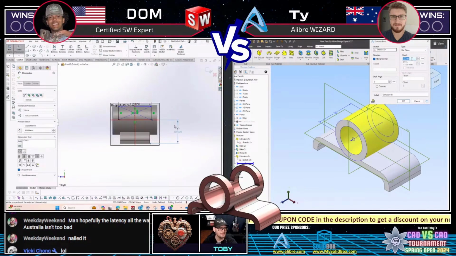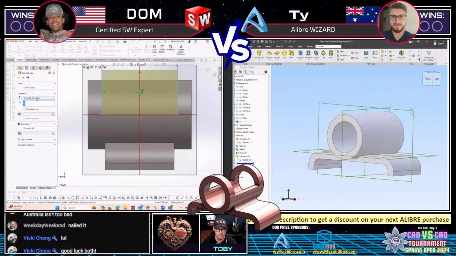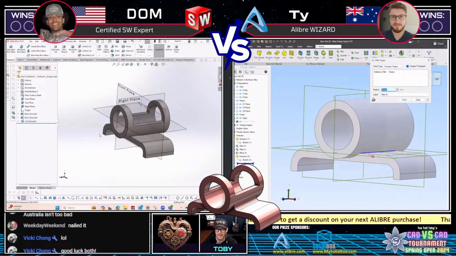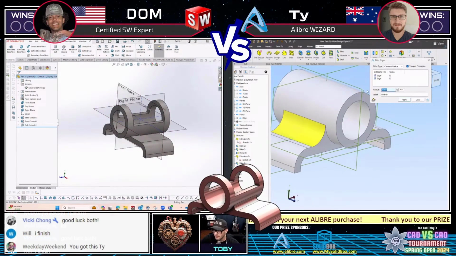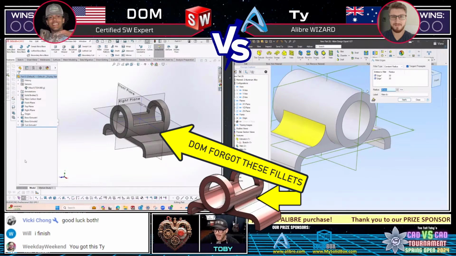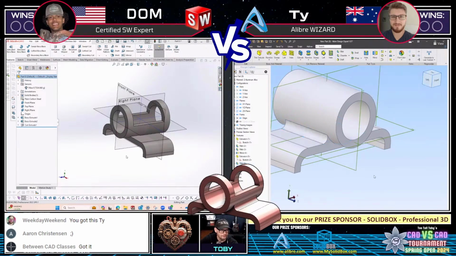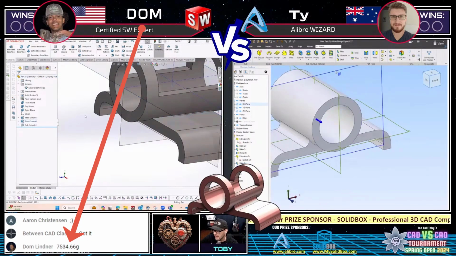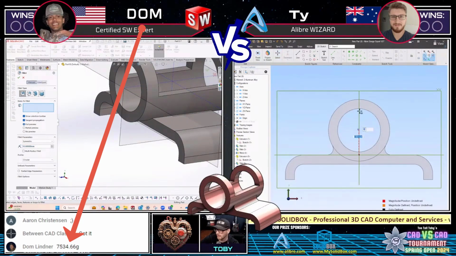Oh, but we see Ty was able to get that circle in the right spot, and now we see that he is doing an extrusion mid-plane, bringing that circle out to the desired depth, the desired location. We see that Ty is going through, adding some final features to this thing. We're watching the chat, waiting to see when the answers come in. Dom has come in with an answer. This is number 27. Dom's answer is